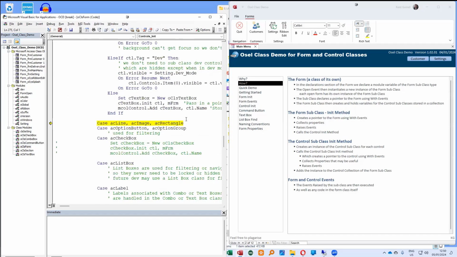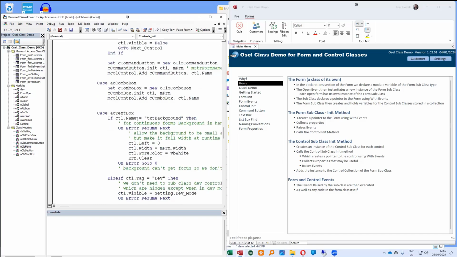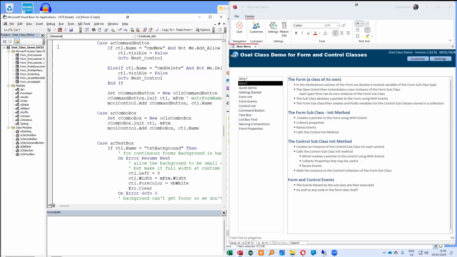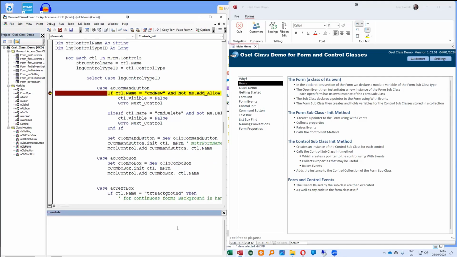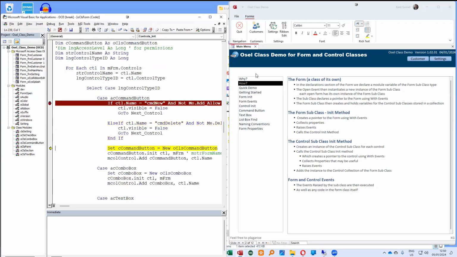So let's have a look at our buttons. All right, so we've got a button. And the name of the button is command print, which we're not really using. Okay, so command close. We're creating an instance of the command button class. We're calling the init method of the command button,